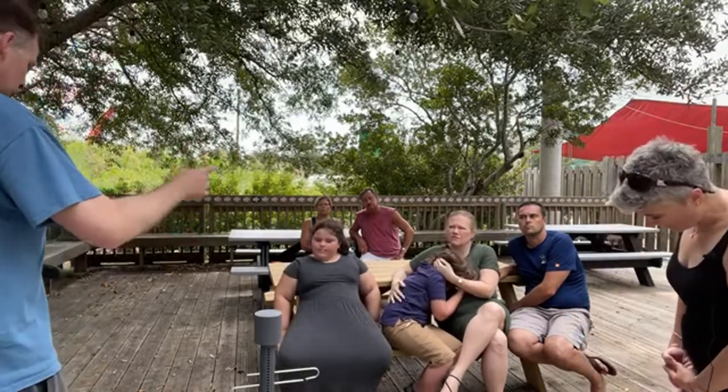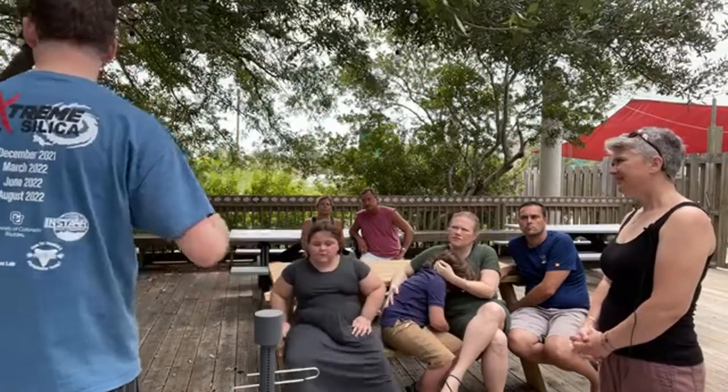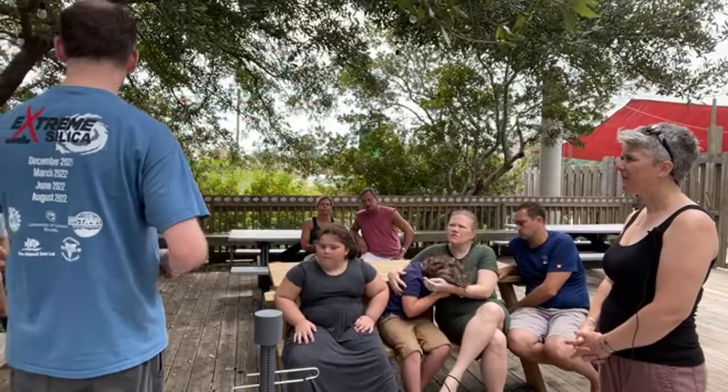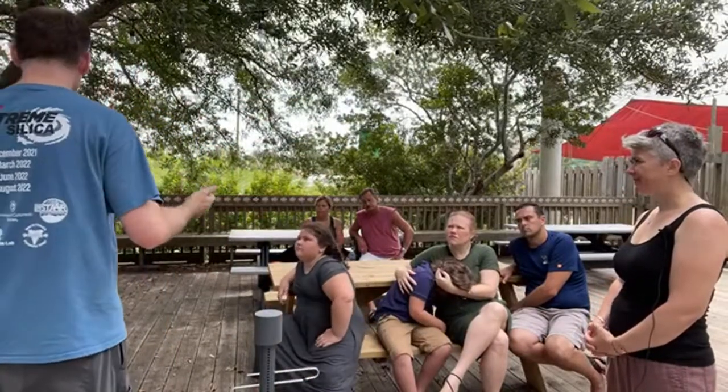Mm-hmm. Absolutely. And you have to get a boat that's seaworthy enough to get to these deep waters. Then you have to have the right equipment to deploy that thing, that multi-core that we showed the picture of. It weighs